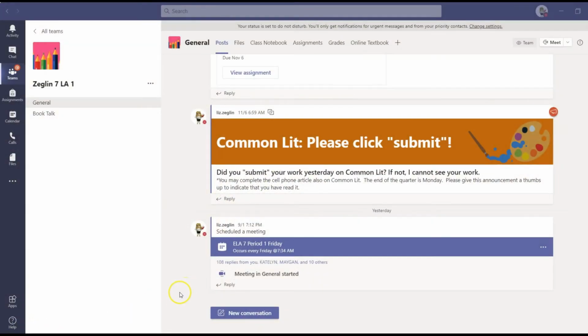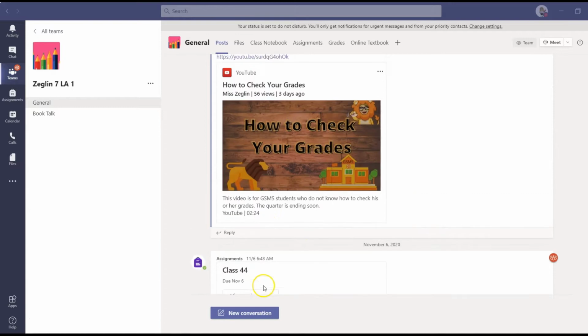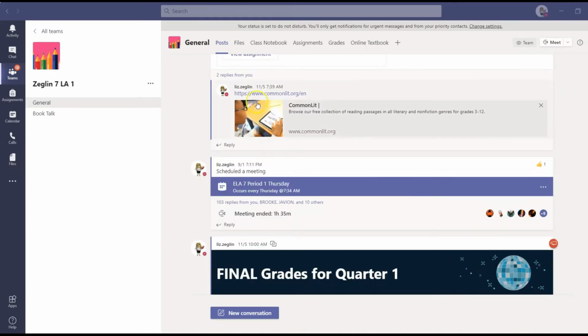In this video, I want to show you how to create an account or log into CommonLit, and then how to use CommonLit. To find the address, it's on our general post in our team. It's also within some of the assignments, but you're going to click on that website and you have to be